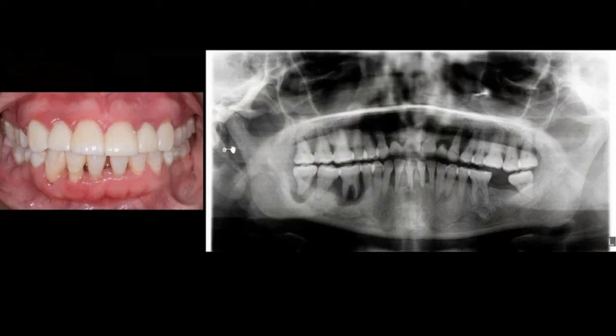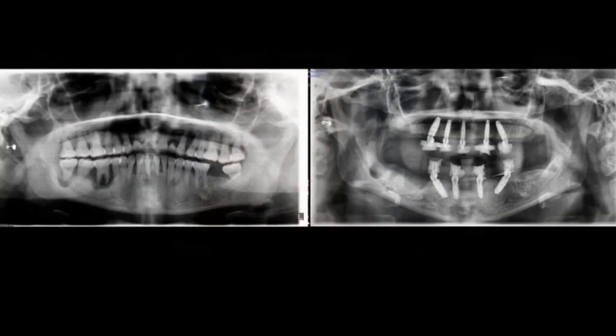The anterior ridge has mobility class 2. There's a lot of bone loss and very aggressive periodontal disease. And even if you wanted to place implants on the posterior mandible on the right side, it would be pretty much impossible. So you need to rely on angled implants and placement of implants in between the mental foramens in order to have a successful outcome. So in this particular case, once we did the procedure